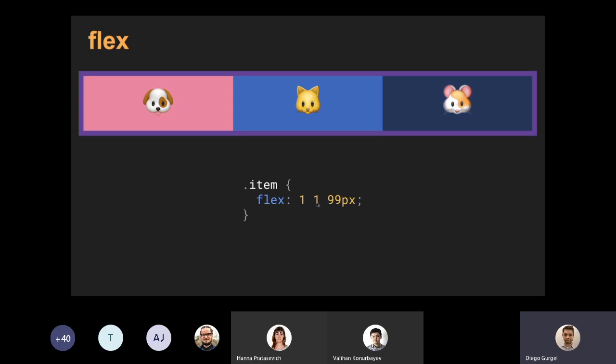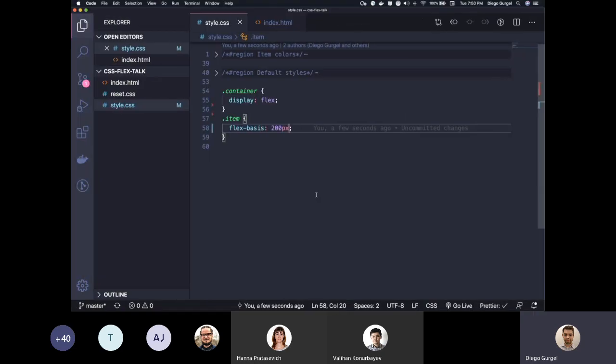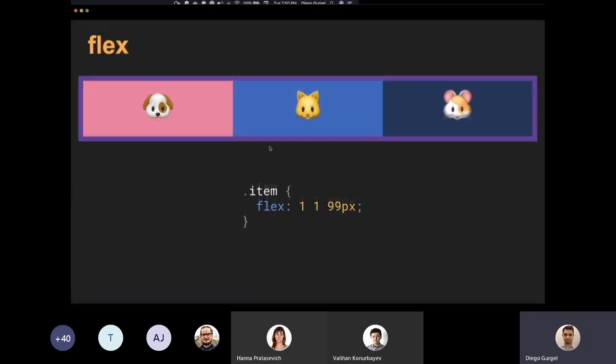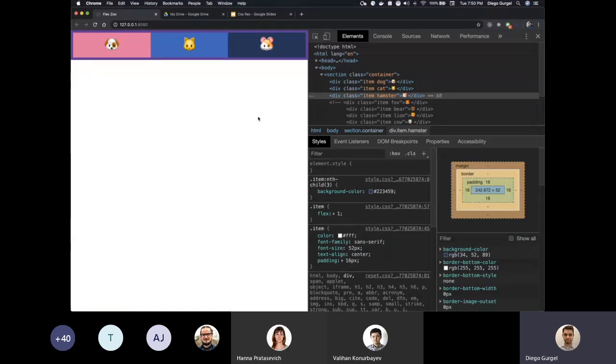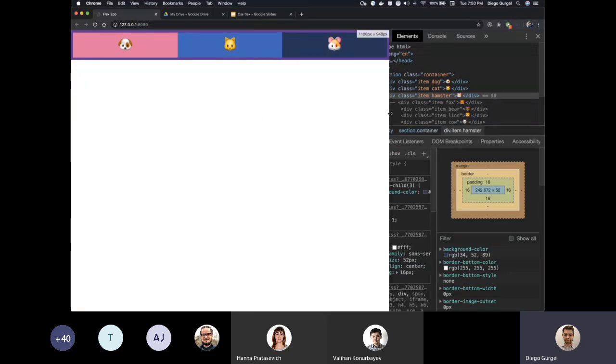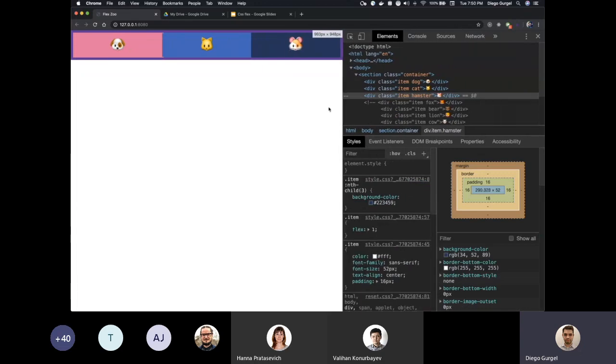And the second one will be flex shrink, and the third one will be my flex basis. So 99 pixels for my flex basis, and it will grow and shrink like 1 and 1. And if I set just one property here, like flex, and put just 1, it will be just my flex grow. And this is a cool way to